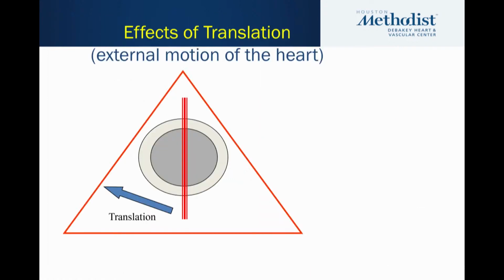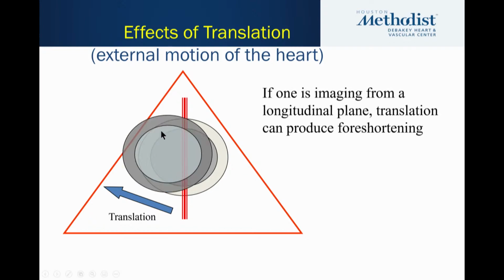The other big problem that we have with patients who are either breathing very hard or after cardiac surgery is translation, where the heart actually moves within the chest. So in diastole, you may have a perfect cut through the center of the cavity, but in systole, the heart has moved, and now you're foreshortening. That is a problem that you can recognize. If you look at the center of the cavity, you will see that it has moved